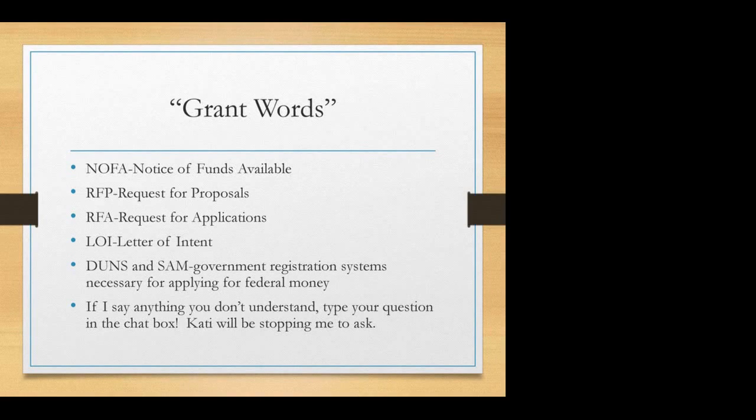DUNS and SAM, you'll hear those not as much today, but when you're reading a federal grant application, DUNS is a number that verifies that you are really in existence. It's shorthand for Dun and Bradstreet numbering system. SAM is actually System for Award Management. It doesn't matter if it's a grant, a government contract, whatever, it's how they pay you from the government. So if you go for a federal grant or federal cost share, something like NRCS and EQIP, you still have to have a DUNS and SAM number.